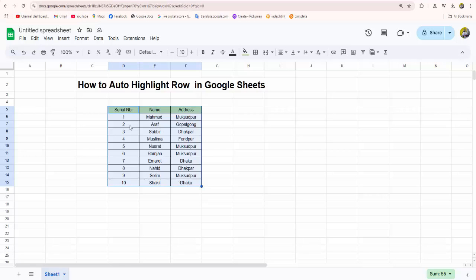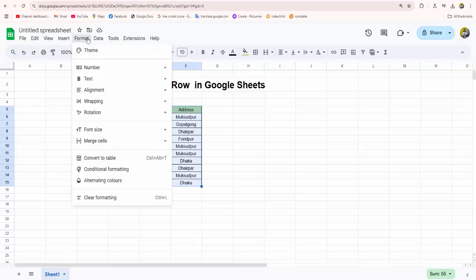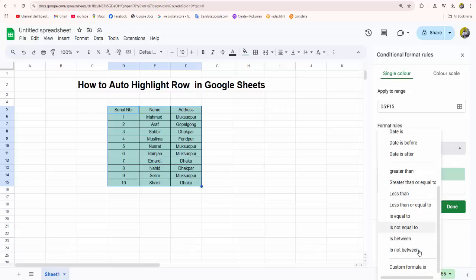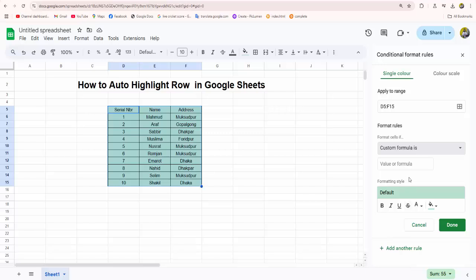Now, after selecting, go to the Format menu option. Then click the conditional formatting option. Then under formatting rules, choose the custom formula is option, then click the value of formula box. Now click, then on the keyboard type equal,